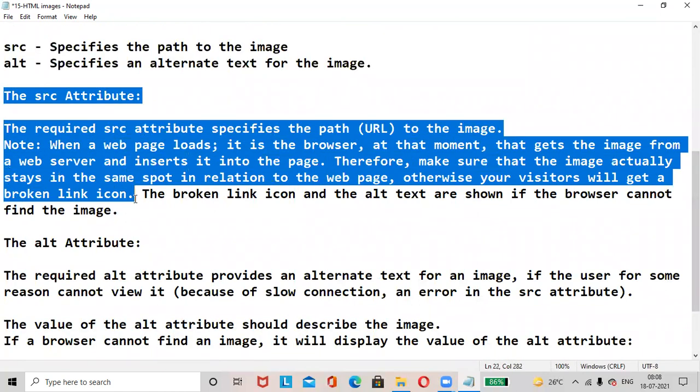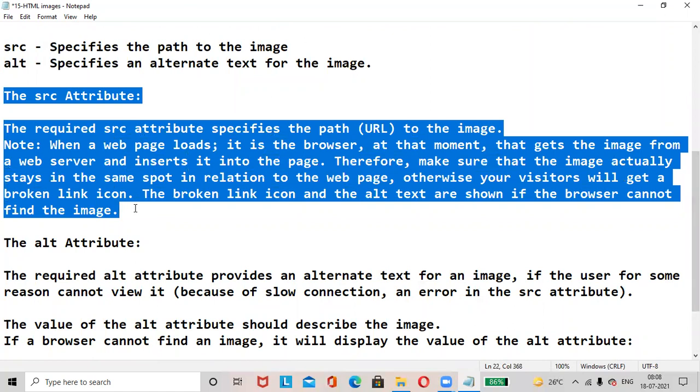The src attribute. The required src attribute specifies the path to the image. The image can be present in your local system, or you can copy the path from Google by using the URL. You can place the URL of the image.